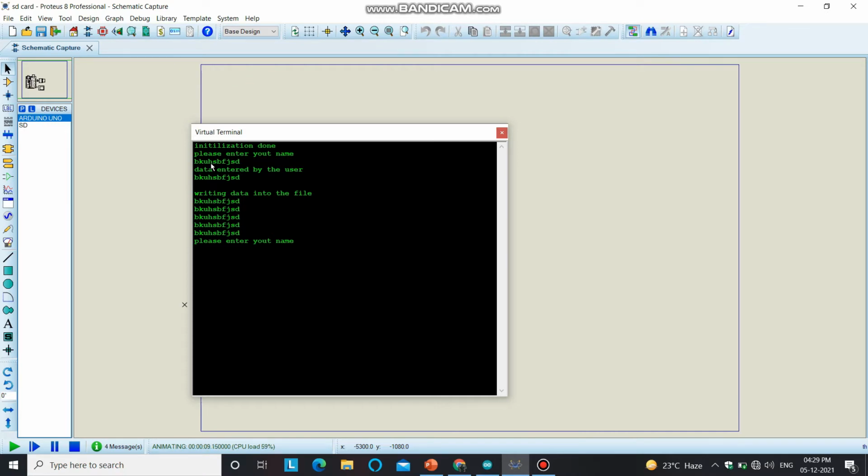The purpose of this file handling or the use of this SD card is to store the data for future references, as our Arduino board does not have enough storage to store the data or the information that is extracted from the sensors. And on a system, if we are not using any external memory device, we cannot store that information within the system. So the purpose of using an SD card is only to store the information for a longer period. So let's get started.